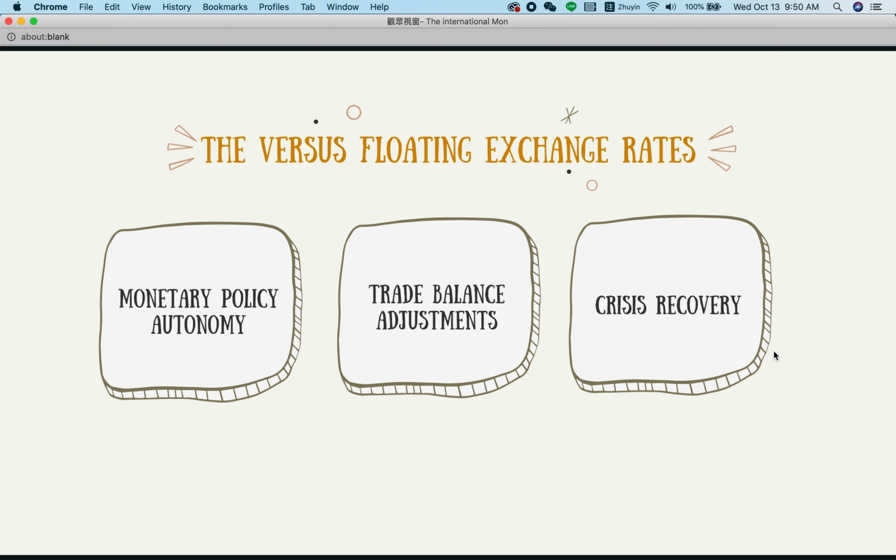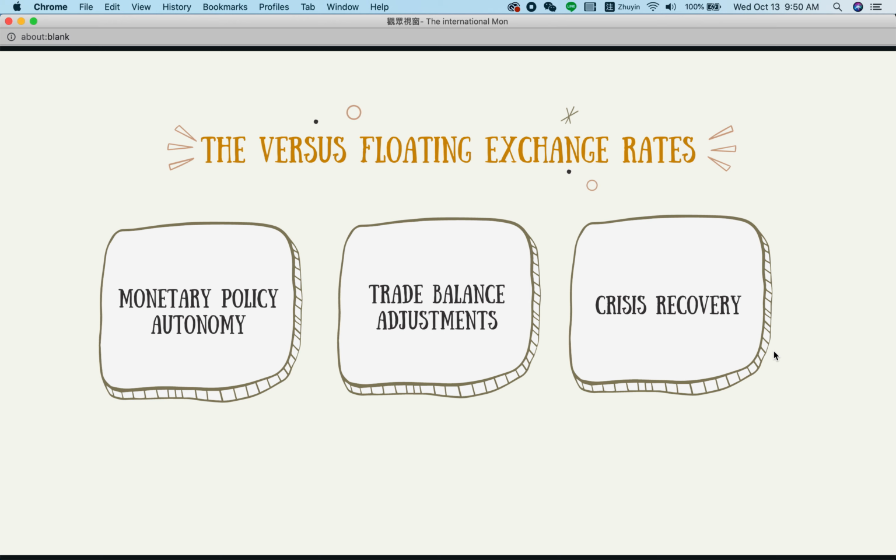The floating exchange rate has three main elements: monetary policy autonomy, trade balance adjustments, and crisis recoveries. The first is monetary policy